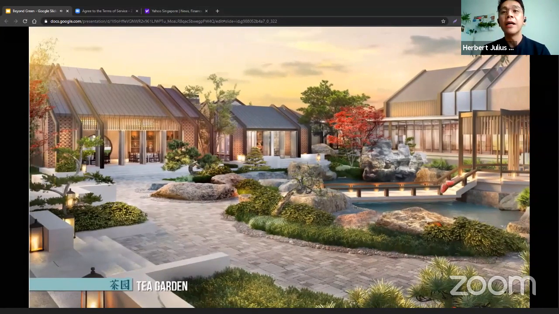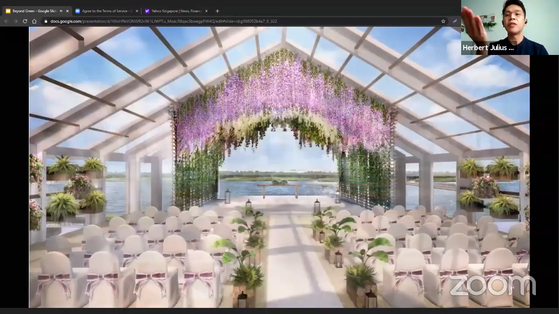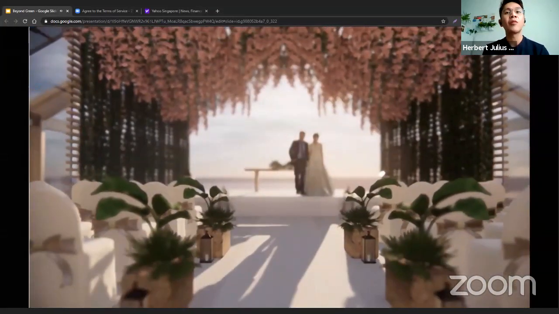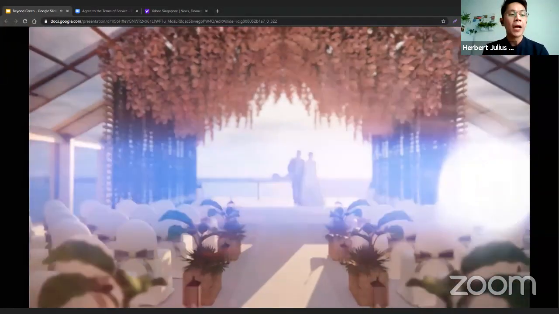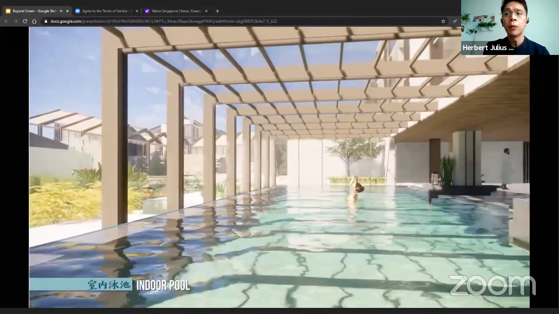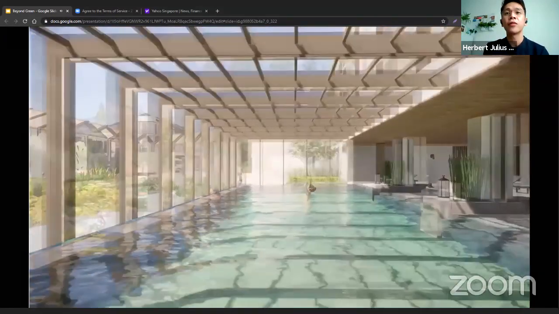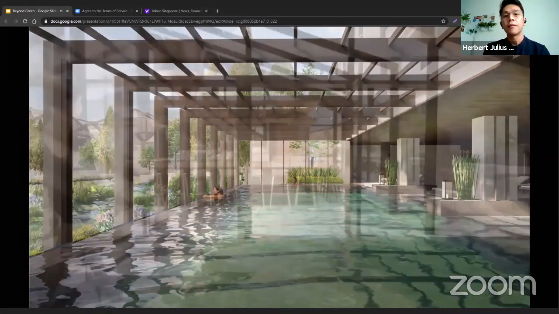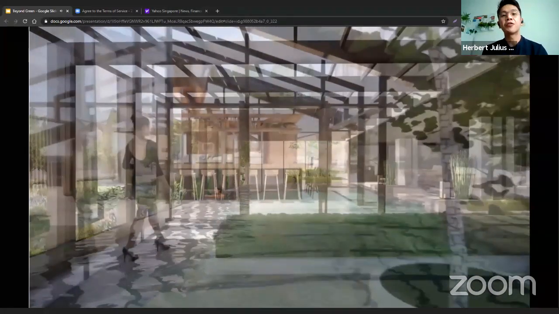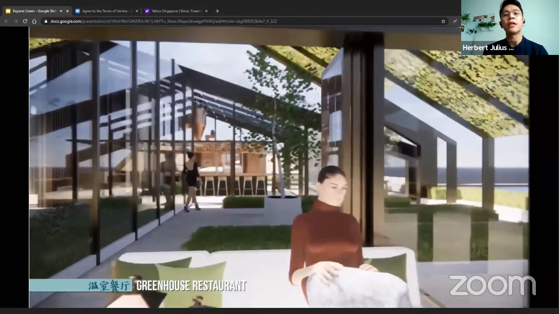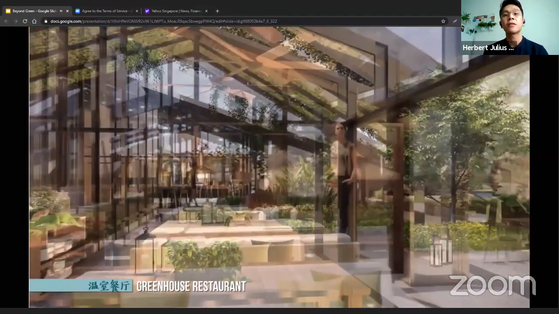Probably the expectation is for us to design tea gardens as such, but even wedding chapels, landscape architects have very much say and are in conversation with architects, in their pools for hotel guests, and even skyrise greenery, rooftop green roofs and greenhouses.